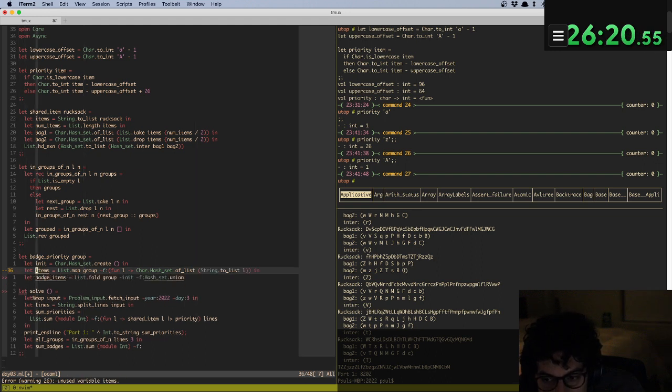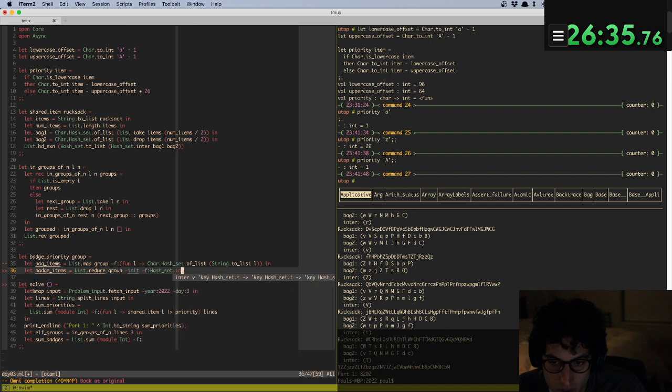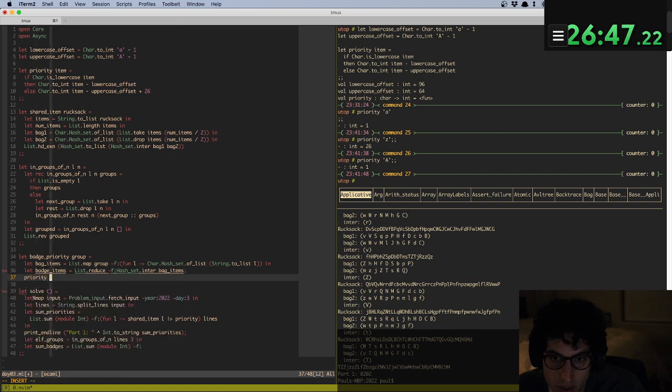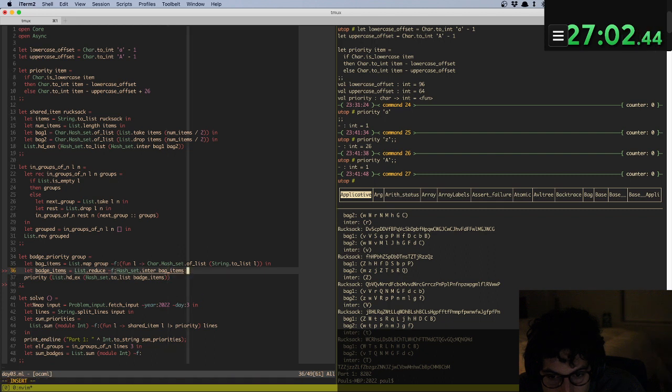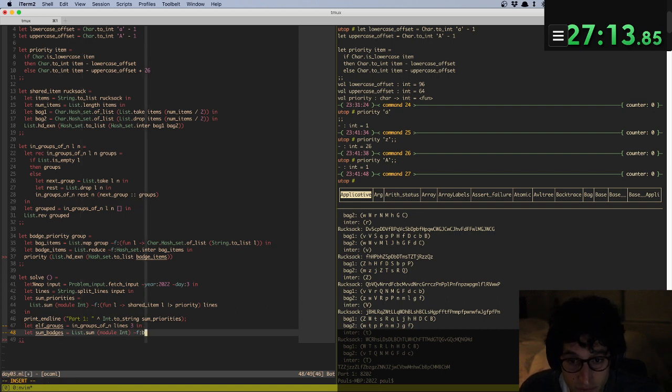In bag items, badge items equals reduce priority of... health groups equals f badge priority